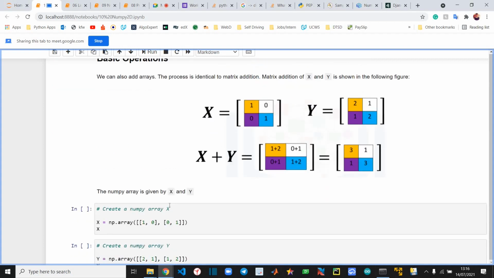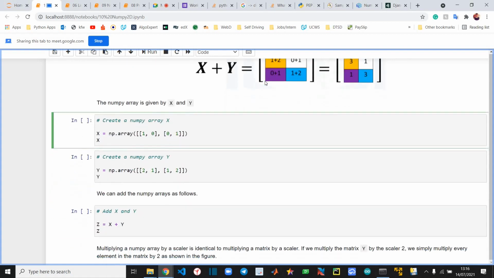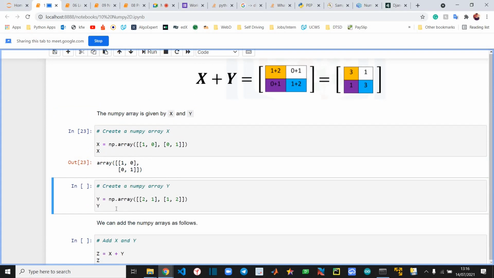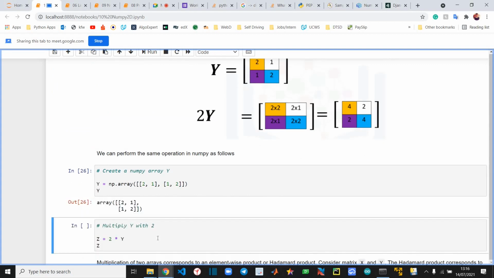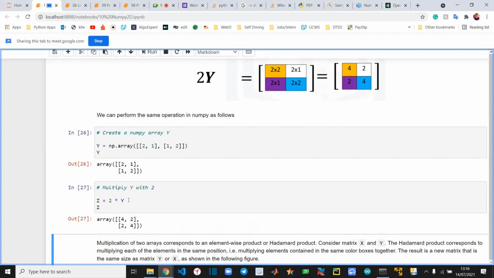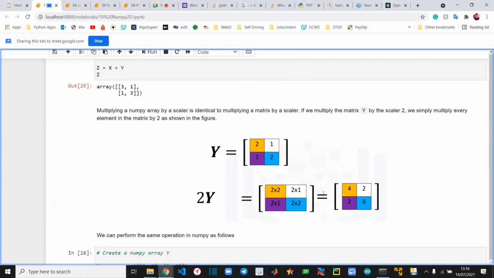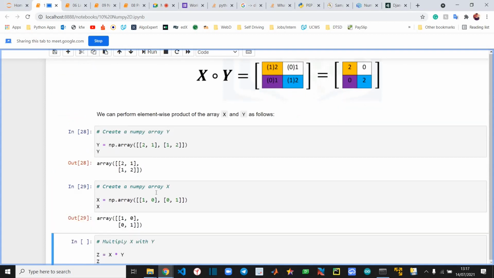And now we'll be talking about the same thing that we did in the last part. We create two NumPy arrays, 1 0 0 1, and we can do addition. We can multiply each element by a particular number, similar to what we did. And then we can even multiply these matrices together.